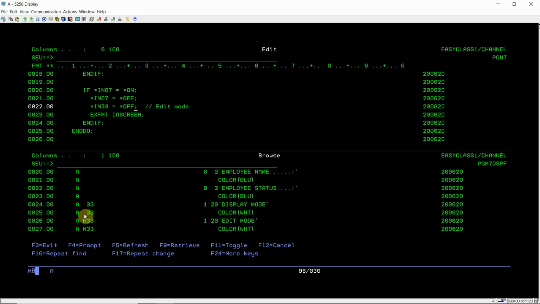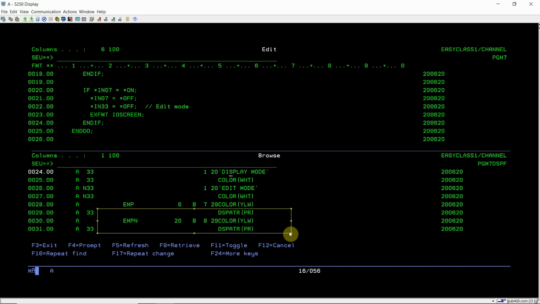If 33 is on, then display mode, and if it is off, then edit mode. If it is on, then the protected keyword, that is the display attribute keyword, will be enforced on these fields. And if it is off, then this keyword will not be enforced, due to the indicator.